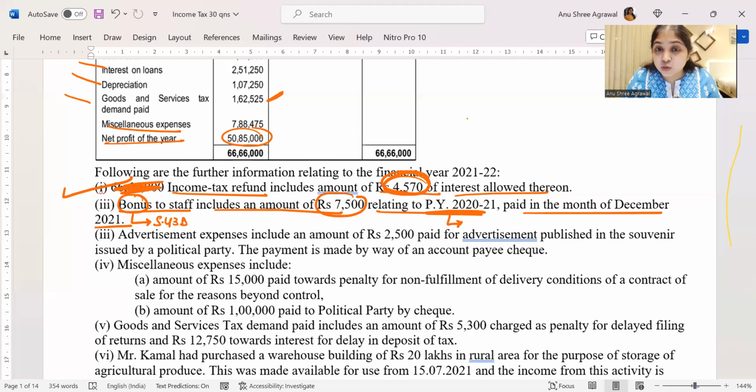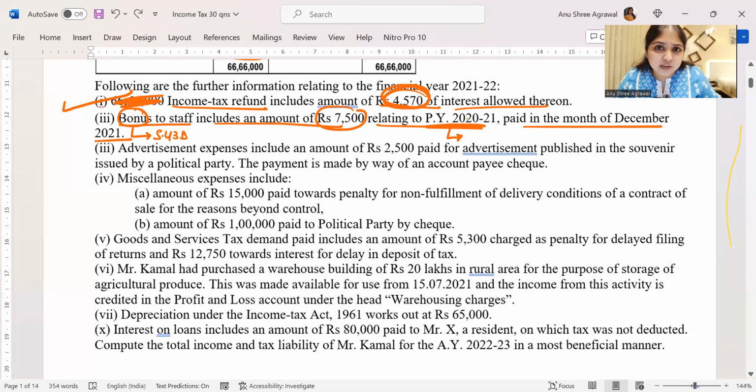And under section 43B, you're supposed to make the payment of bonus within 139(1) due date. Now for 2021, if you see, the latest possible 139(1) due date is what? The latest possible 139(1) due date will be 30th November 2021. Latest possible, right? Now, when did assessee make the payment? Assessee made the payment in December 2021, which means assessee has definitely made the payment after 139(1) due date, which means in 2021, you would have disallowed it under 43B because you did not make the payment within 139 due date.